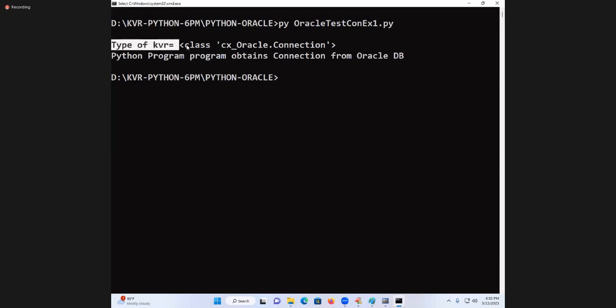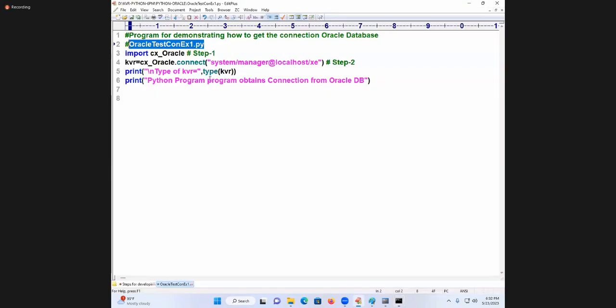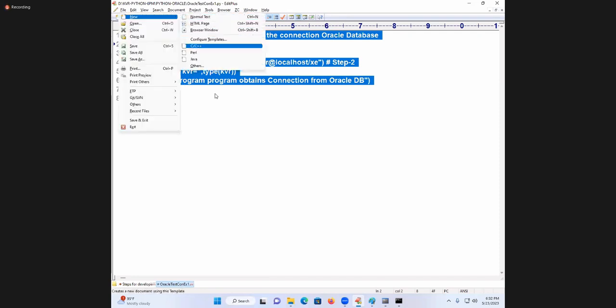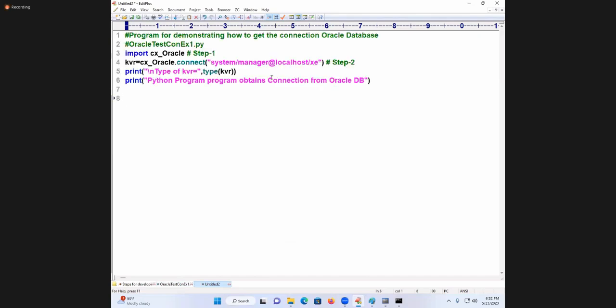Type of con is what? Class cx_Oracle module. There is a class name called Connection. Python program obtains connection from which database? Oracle database. So it was up to here. Nice. The same thing you can pass like this. You can use it like this also. You see, in place of localhost, I can write